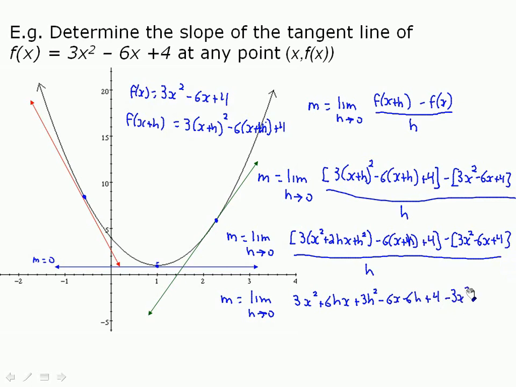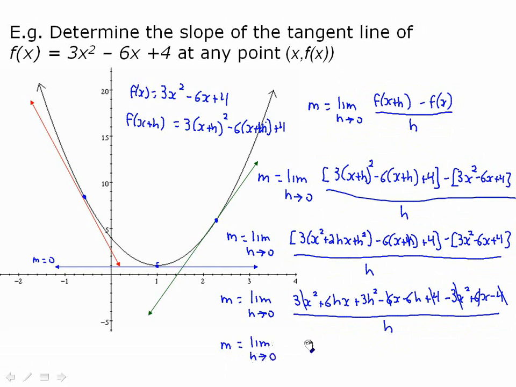So minus 3x squared plus 6x minus 4, all over top of h. And here's where we get the payoff. There'll be a lot of cancellations. The plus 4 and the minus 4 go away. The 3x squared and the minus 3x squared disappear. Minus 6x plus 6x also gone. So when we're all said and done, we get m is equal to the limit